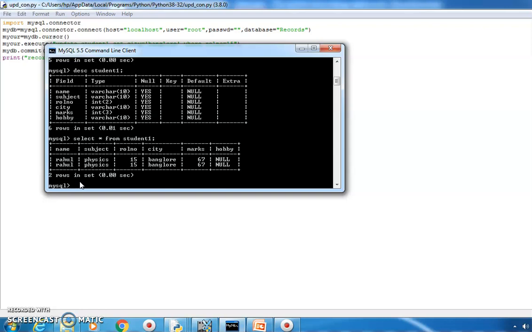Rahul, Physics, 15. You can see that the data of roll number 15 is changed to Bangalore. We have two records with roll number 15, so both of the students have their city changed to Bangalore. It means the update command is working absolutely fine.